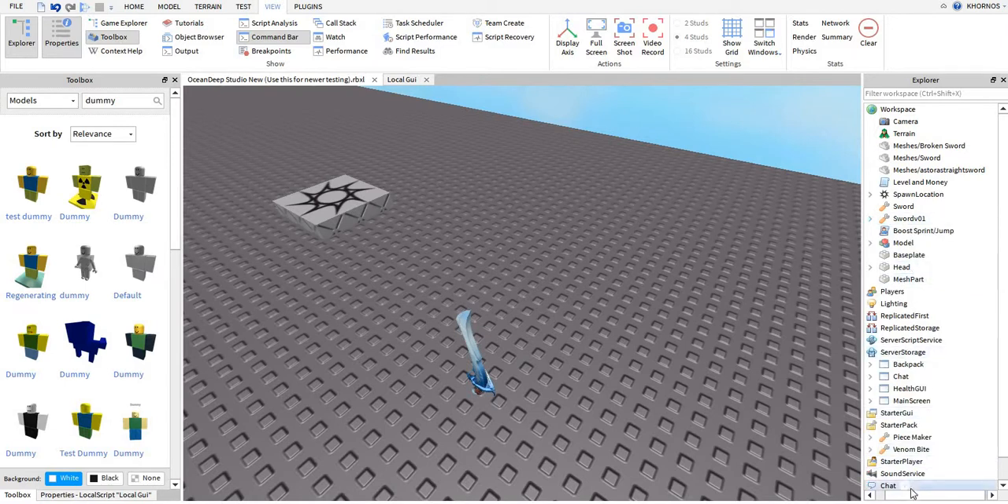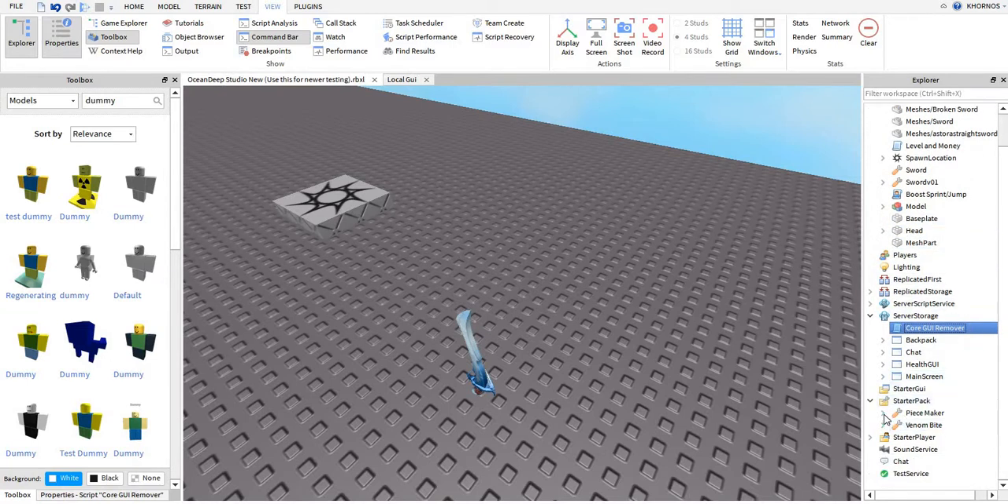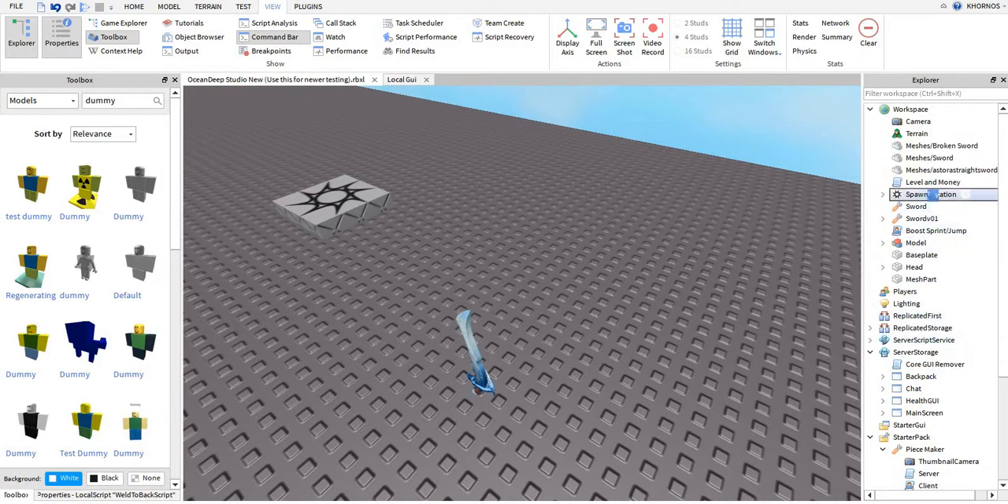I need to remove a script though. Don't remove it though. So if you want to put it on your back or somewhere, like if you want to equip it,